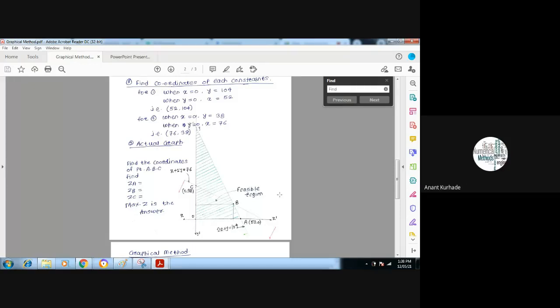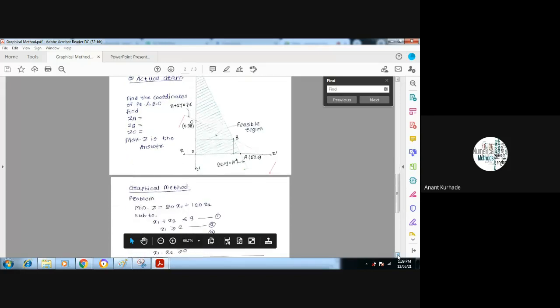This problem has four constraints. In that case, you cannot always find inclined lines. In some cases, you can find horizontal lines also, horizontal parallel to x, vertical parallel to y. So we'll start. We can solve one more problem also.